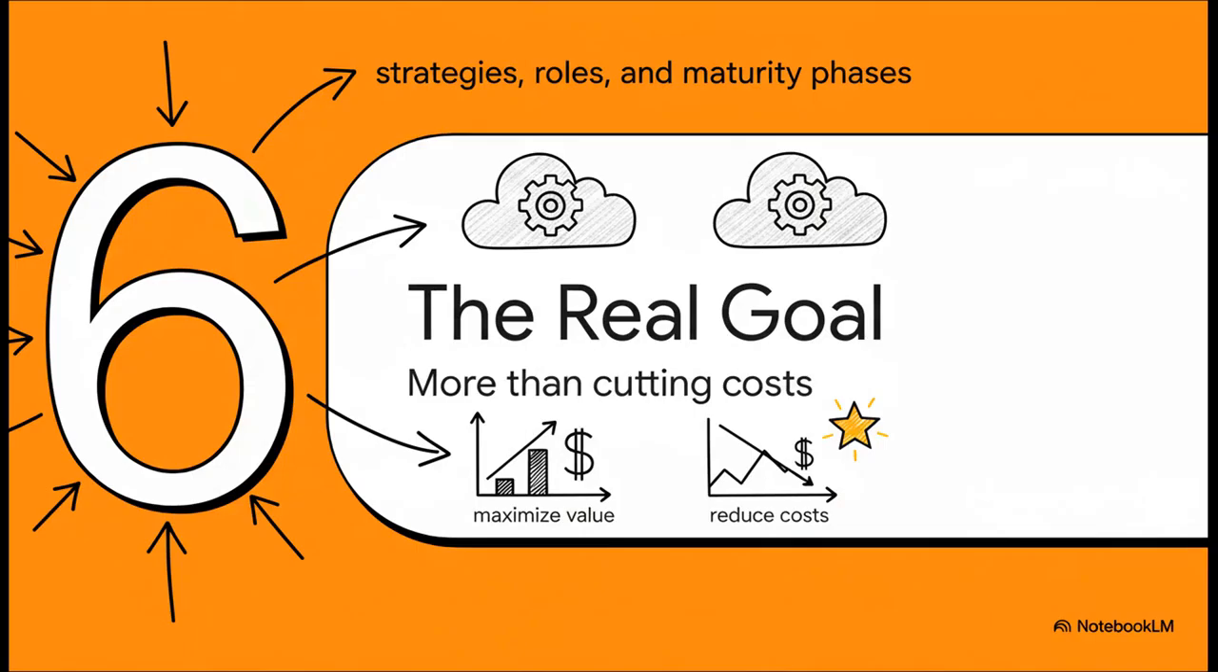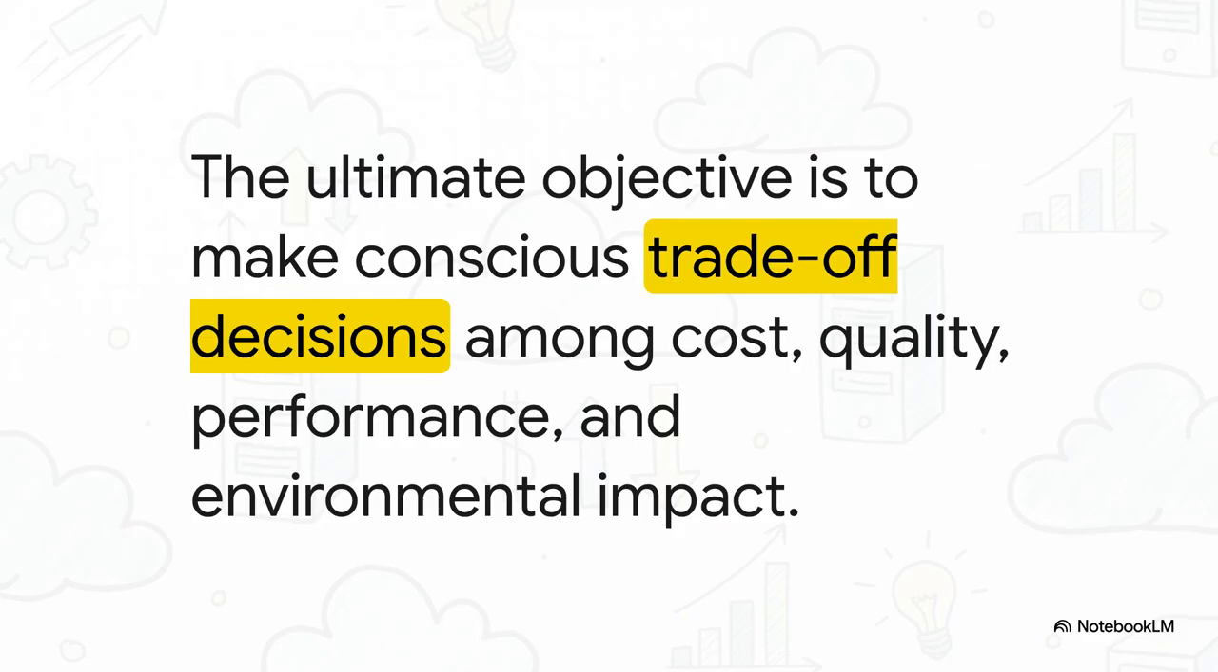So, after going through all these strategies and roles and maturity phases, let's circle all the way back to the most important question. What is the real goal here? This is so important. Optimization is not just about blindly slashing costs. It's a strategic balancing act. Sometimes you might actually choose to spend more to get better performance. Other times, you might be okay with slightly lower performance to save money or to lower your carbon footprint. The goal is to make these trade-offs consciously with your eyes open,